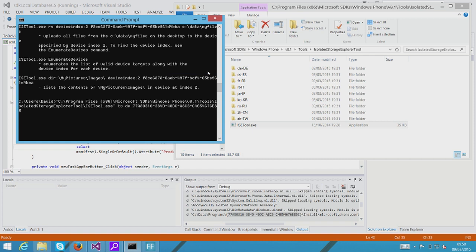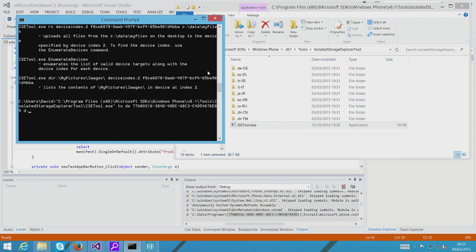So I've got the path to the ISE tool, an argument TS, which means download the file storage, DE, which means it's a physical device. This here is the UID of the application, and finally you just need to give it a directory to